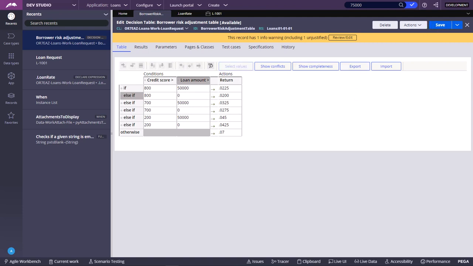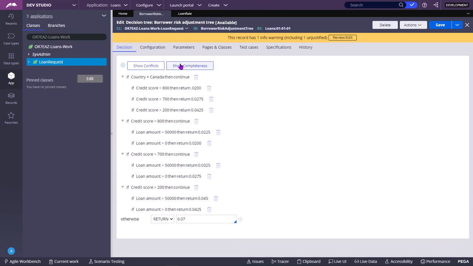So coming to completeness, performing the completeness test. You can select show completeness here. By performing the completeness test, it helps us to identify missing branches or conditions in a decision rule. The added rules are suggestions you can use to make the decision rule consistent. For example,